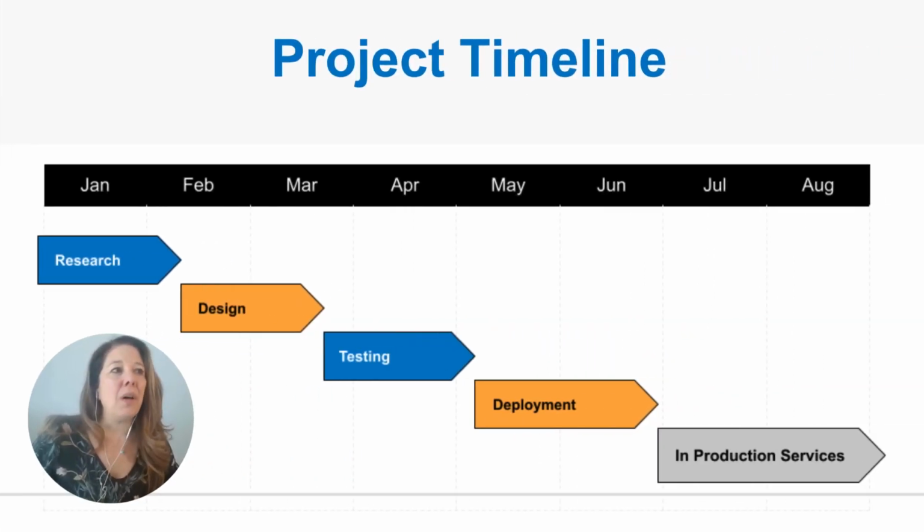So this is an overview of the general project timeline, which is changeable and modifiable, but the general progression would be a period of research, which is what is happening currently, leading up to the design phase. Once that was decided upon, testing and user training would occur, then a period of deployment, and after it is in production, in-production services by our team to help problem solve and do any additional training that is necessary.